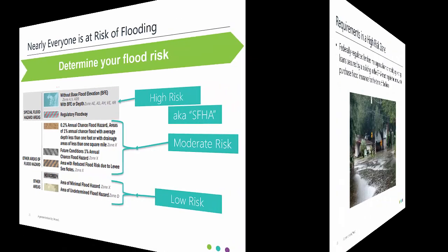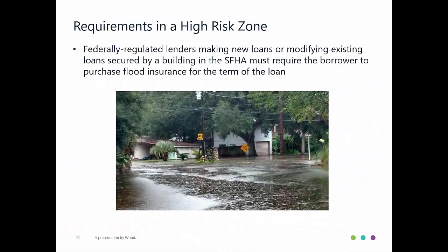or Zone X. The National Flood Insurance Program mandates that federally regulated lenders making new loans or modifying existing loans secured by a building in the special flood hazard area must require the borrower to purchase flood insurance for the term of the loan. That means that if you're buying a home in a high-risk flood zone or refinancing your existing home in the high-risk flood zone, they will require you to purchase flood insurance for the term of the